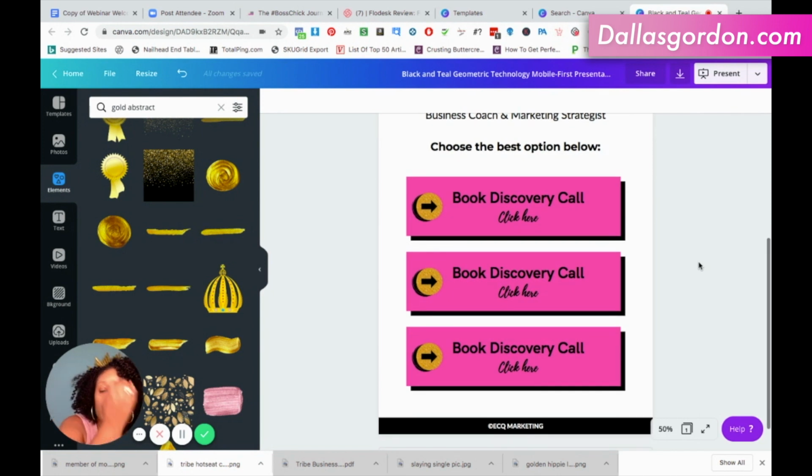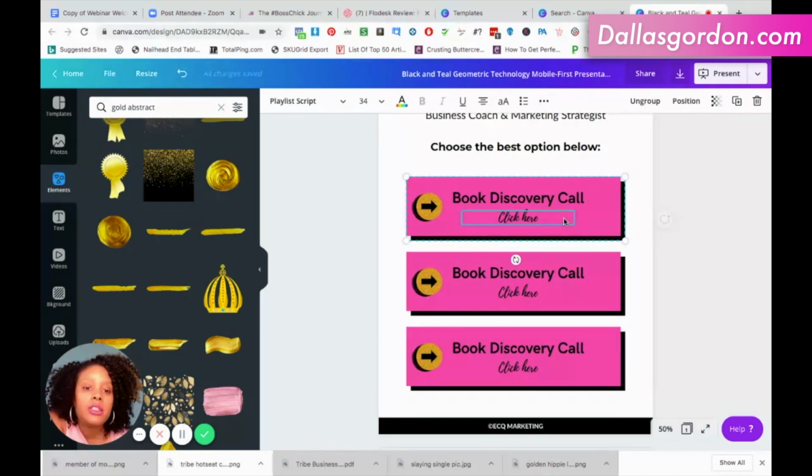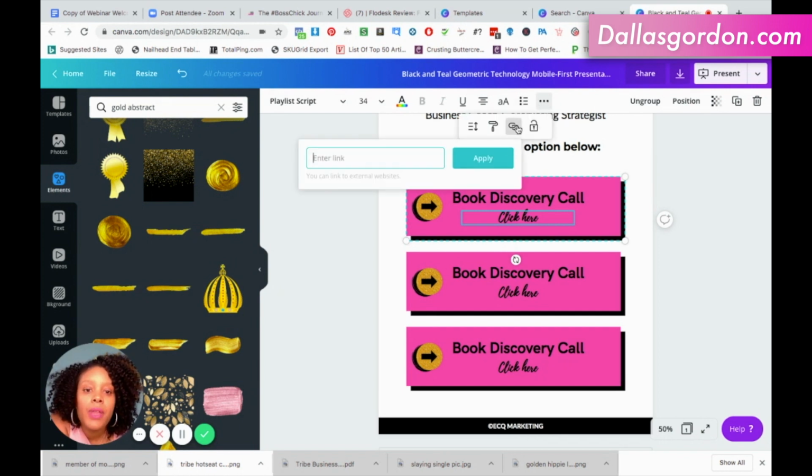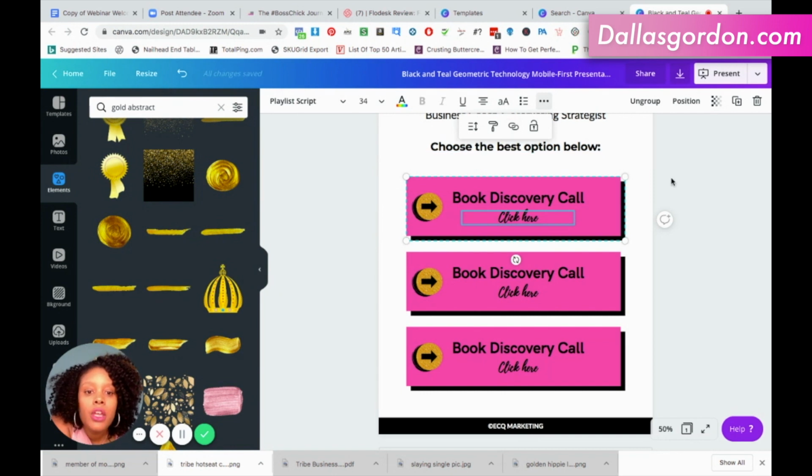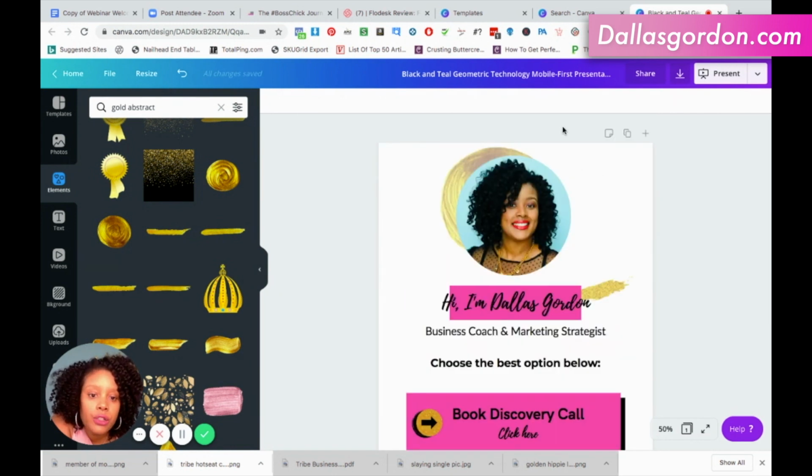The last thing that you're going to want to do, guys, is link your button. So you just want to click over your button, go to these three dots here at the top, and then click the link, and then enter the link that you want this button to connect to, and then you click apply. All right. So from here, guys, what we're going to do is now we want to,